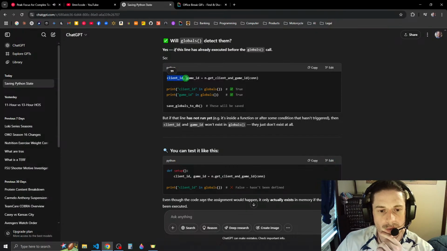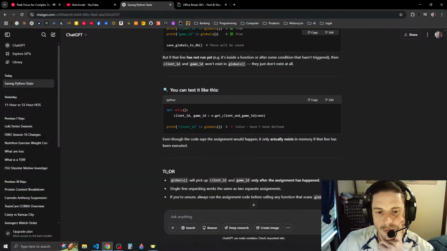Client ID would be whatever it equals in the game ID. Okay, cool. But if that one is not run yet, you can test it like this. Set up client ID, game ID, even though the code says it, it only executes when run.